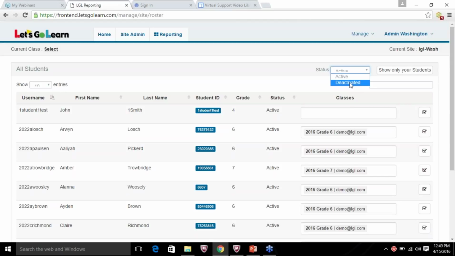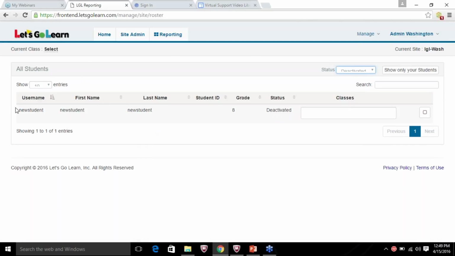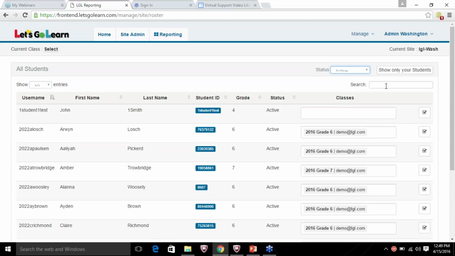So it's nice when you're running reports or perhaps just the management of your program to deactivate students who are no longer with your district. But of course we do know sometimes students are able to return, and you'd want to be able to keep their information with them. So you have an option to search that way. If I look at the deactivated, I do have one student here, grade 8, they've been deactivated. Over here on the far right-hand side, I have the option to enable that user again. So that's a quick way to search. I'm going to go back to our active list and pull up the group.